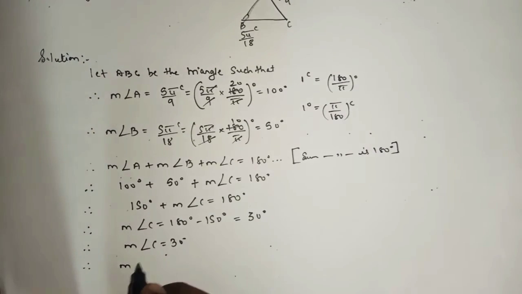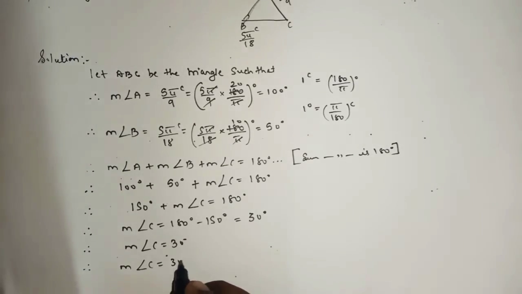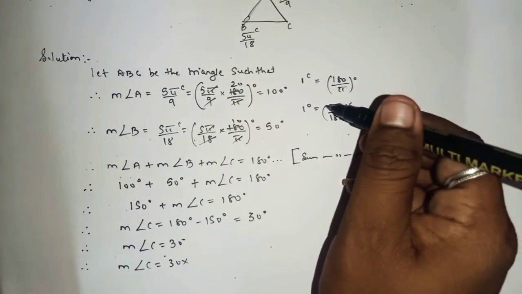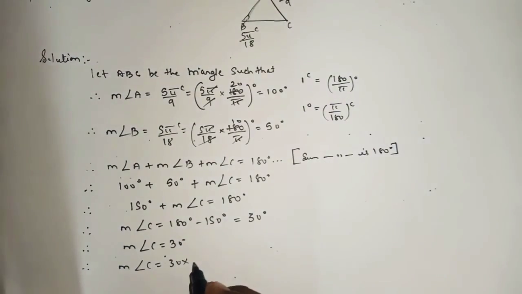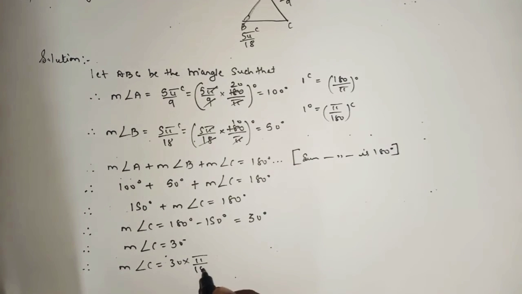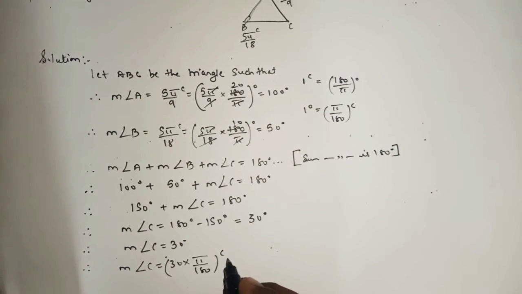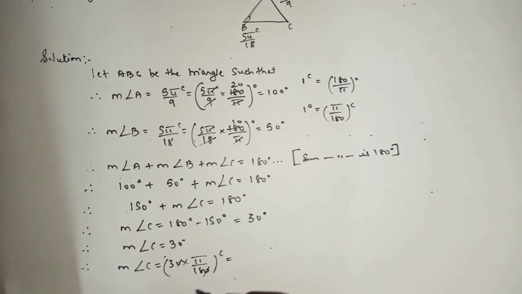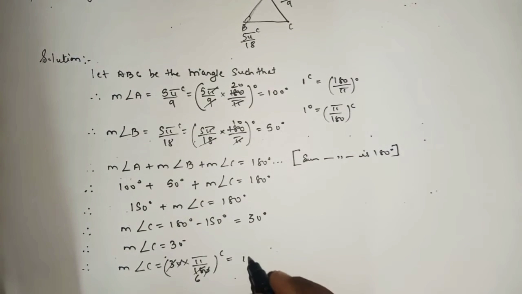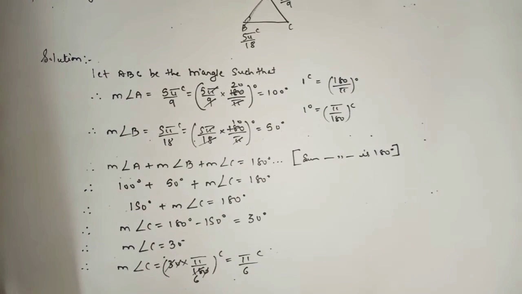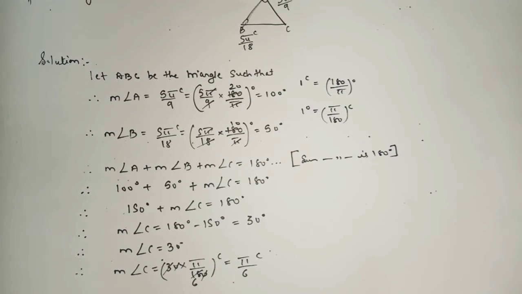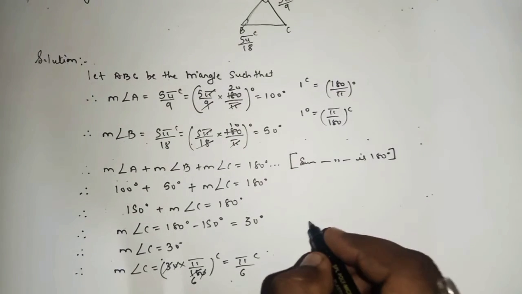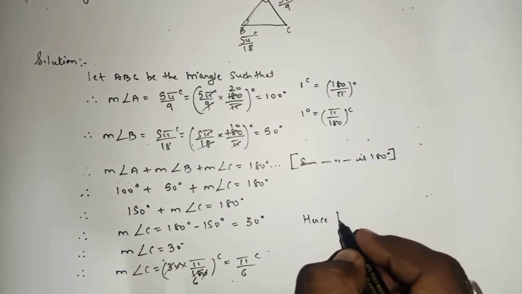Now we'll convert this degree into radian. We know how to convert degree into radian, simply by multiplying by pi by 180. So it will get converted into radian. The 0 will get cancelled, 3 ones are 3, 3 sixes are 18. So we're left with pi by 6 radian. Yes or no? So therefore here we can write, hence the